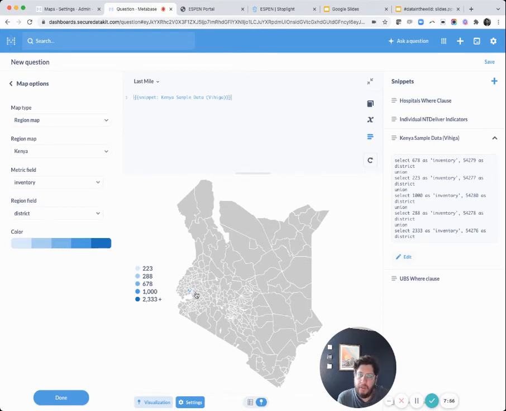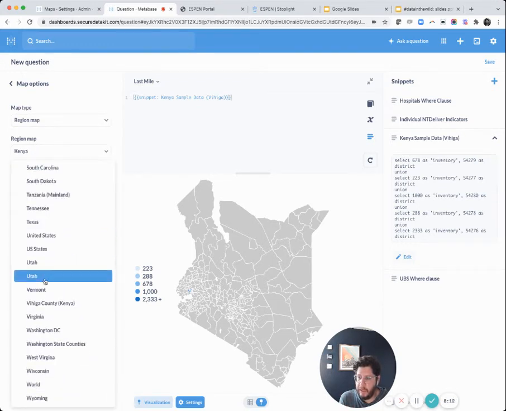Because we're actually only doing this data activity in one county that has 5 districts. So why show the whole map, right? Wouldn't it be cooler if we showed just the county? Well, that's what we're here to show you. So let me come back here. And instead of doing Kenya, I've already loaded up Vihiga County right here, not to be confused with Virginia, which is what I did earlier.